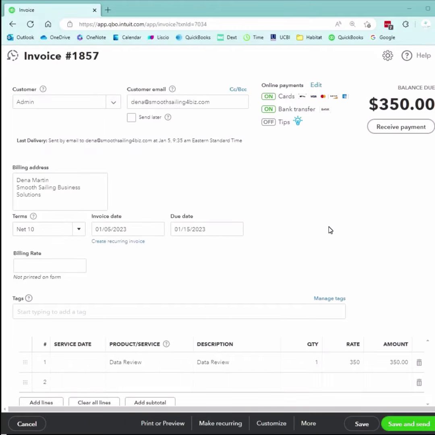Hi, this is Dina, and today's QuickBooks tip is to not include a PDF when you email invoices from QuickBooks